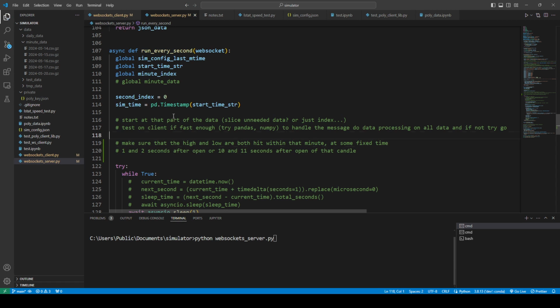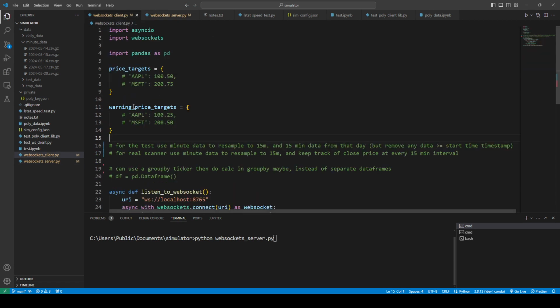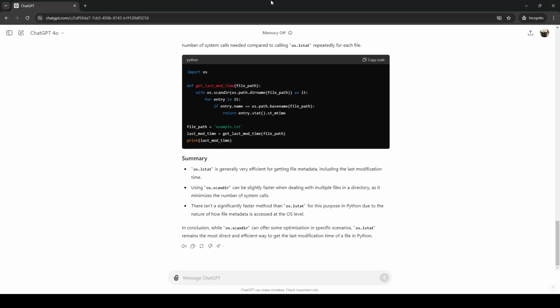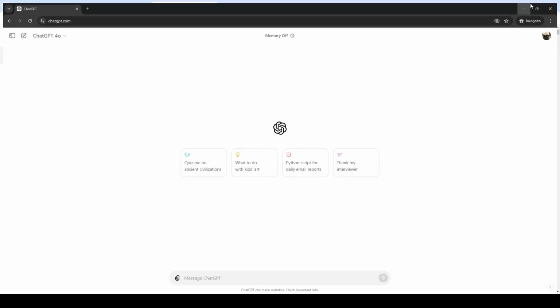Okay. So that's that. Back to this. So yeah, I don't need that stuff in the server. It's always going to be in the client. So I'll have the client take care of that. So what I want to do basically is take Polygon. Actually, one second. What's this? Okay, that's what I had before. Take Polygon